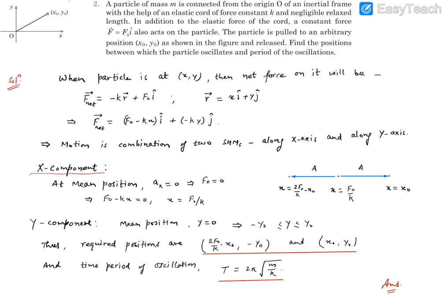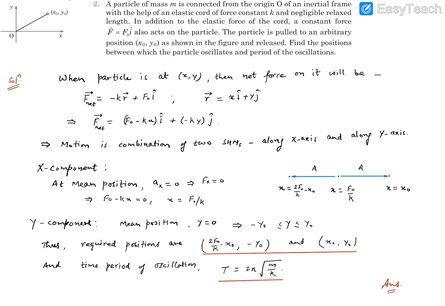Now when we talk about the x component of SHM, we look at this force. If you make this force 0, that means we try to find the equilibrium position. So x is equal to F naught by k. So the equilibrium position will be x equal to F naught by k. Let's say this is the x direction, and this is going to be the mean position or equilibrium position, where x is equal to F naught by k. Now this particle will be displacing in the x direction by amplitude, in the positive x direction and backward as well, with amplitude a.